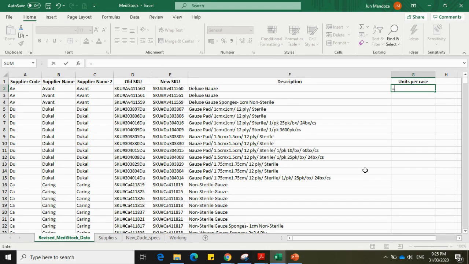To show the numeric value, we need to count all the values, and then we will concatenate it. We will use left, the left portion of